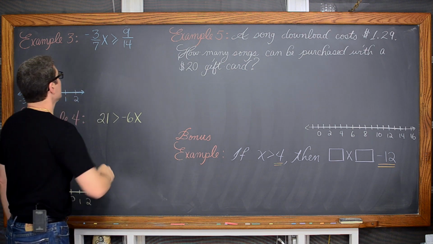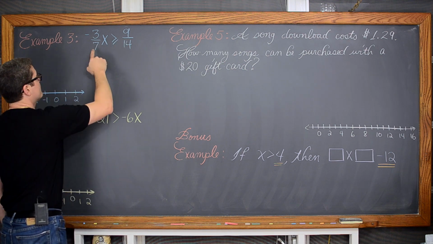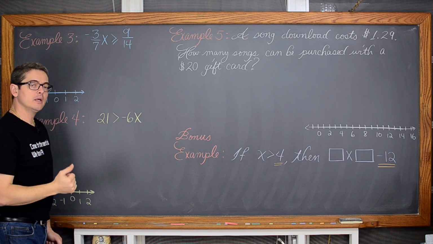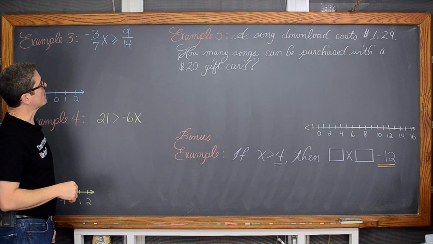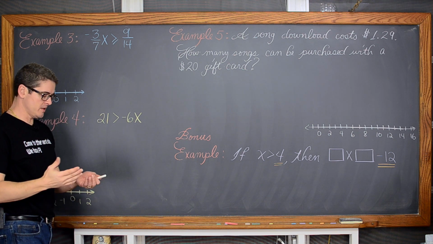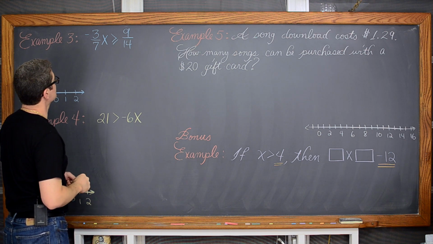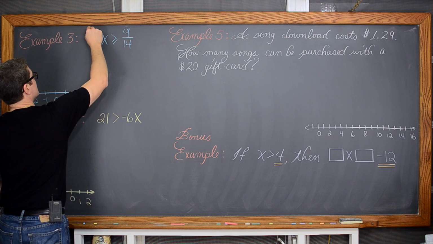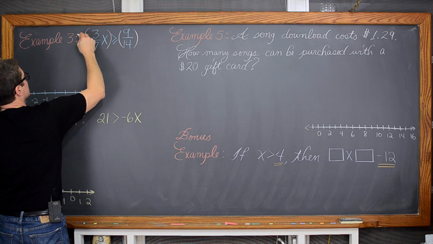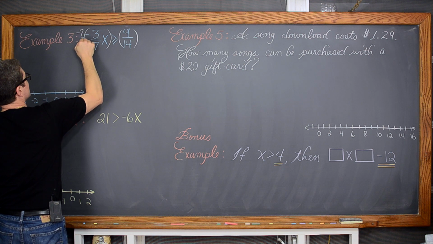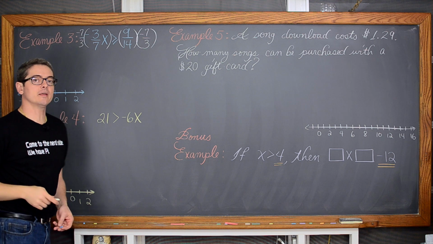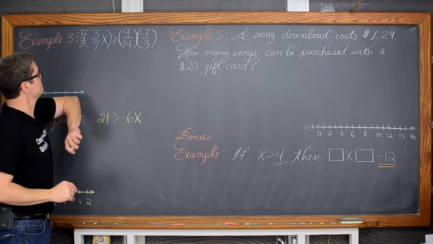Or you can remember that when you're solving an equation and you have a fractional or a rational coefficient on your unknown, at least with a linear problem like this, where there's only one variable, you can multiply both sides of the inequality or equation, if you're doing an equation, by the reciprocal. So we're going to multiply both sides of this inequality by negative 7/3. And don't forget to put your parentheses around that, otherwise it'll look like you're writing subtraction.